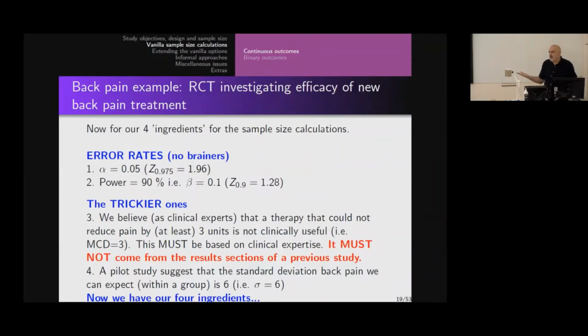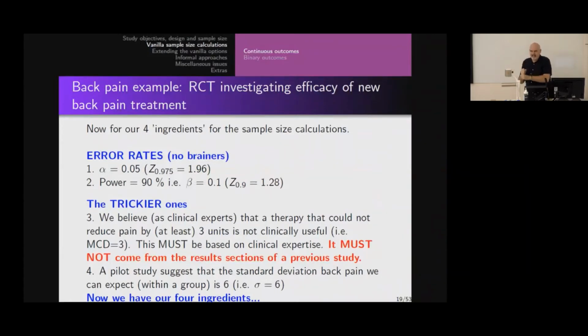Okay? It's just not worth it at all. It would cost too much, or it's unethical or invasive, whatever reasons, it's just not good enough to adopt it, okay? So in other words, it needs to be at least 3 units lower. Back pain needs to be at least 3 units lower. 3 or more. If it's not, it should come out as not statistically significant.